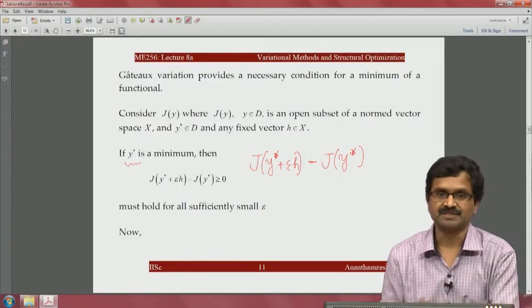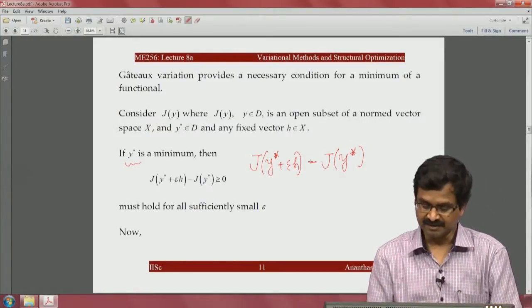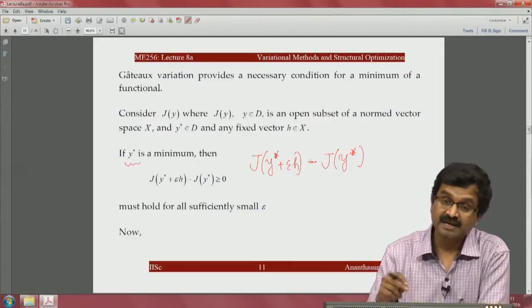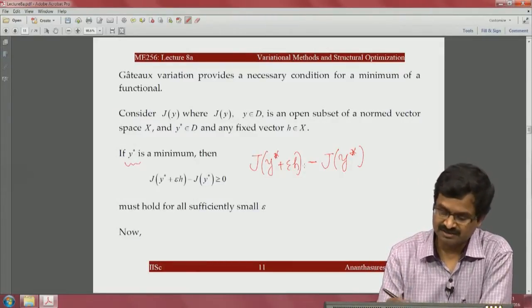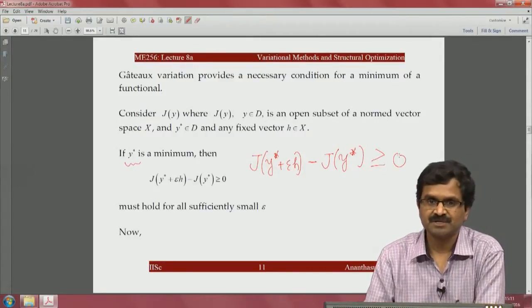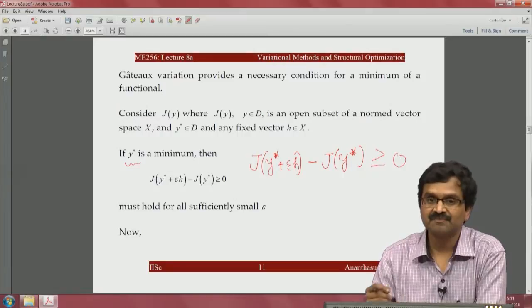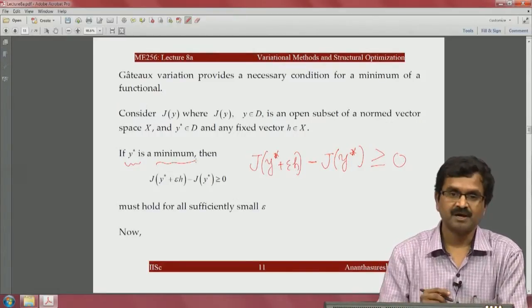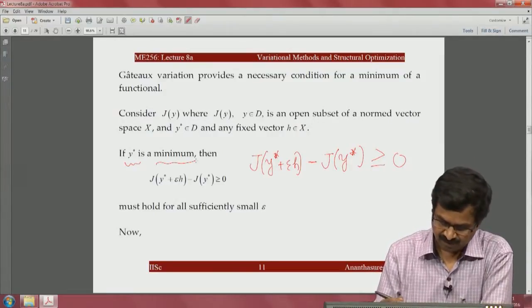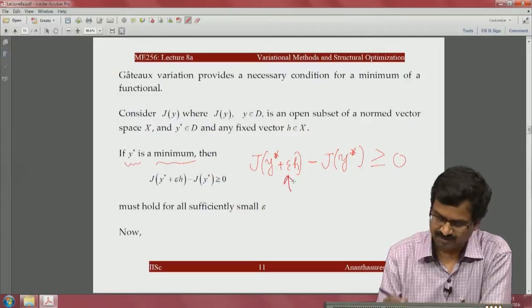The difference of this, if really j y star is the minimum value, any other perturbation should be larger. So, we say j y star plus epsilon h minus j y star should be greater than or equal to 0. That is the definition of a minimum. And then local minimum when we say, right, then we say for sufficiently small epsilon,